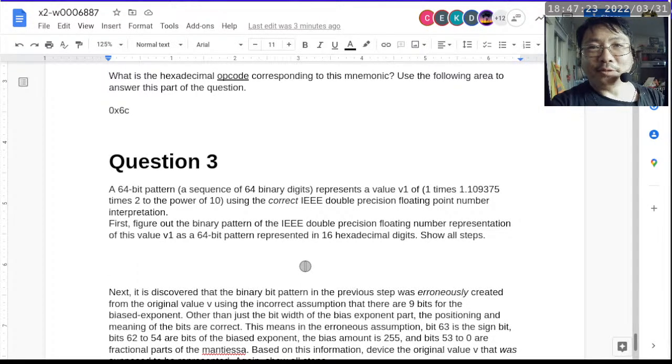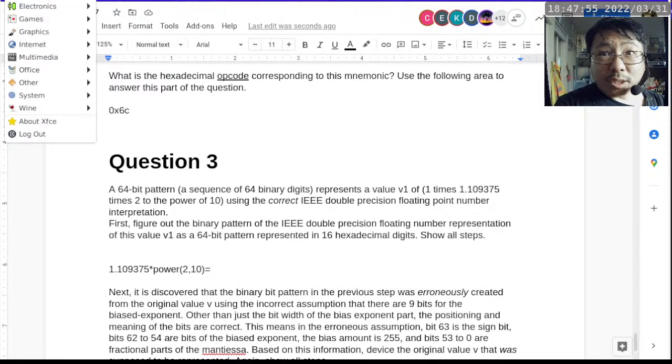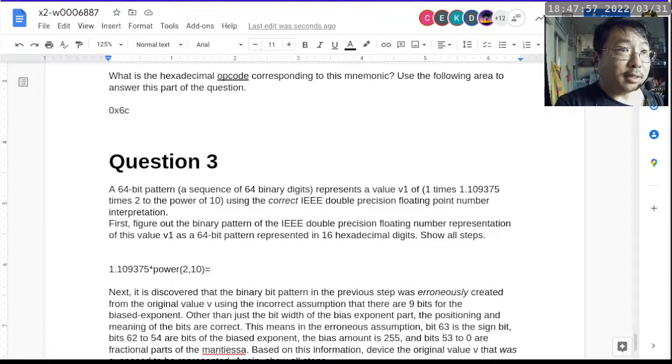All right, so you look at this number and go, oh man, this is going to be tough. Well, it's not going to be that tough, because what you can do is say, I already know it's raised times 2 to the power of 10. So let's find out what value we are actually dealing with. So you can just say 1.109375 times 2 to the power of 10 is, and I personally would just use a spreadsheet to do it. A spreadsheet is basically a very fancy calculator. So we'll go ahead and use